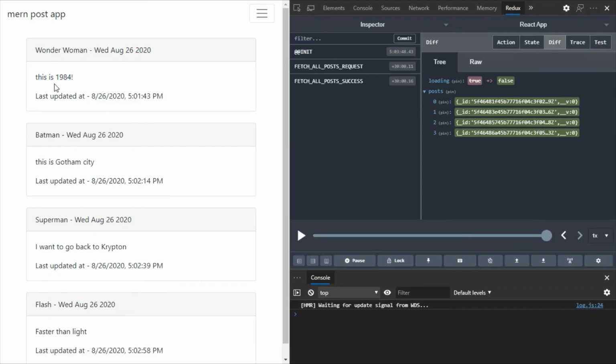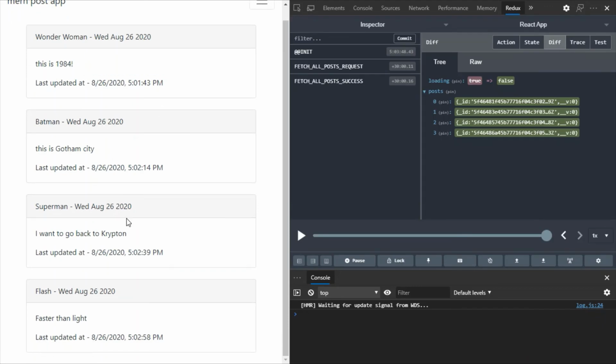So as you can see, we have fetched all our posts. And also you can see in this section that we have successfully created our actions and fired them, the fetch all posts request, and then after that success.